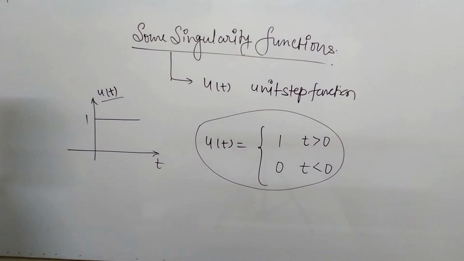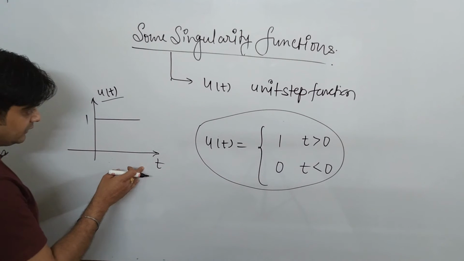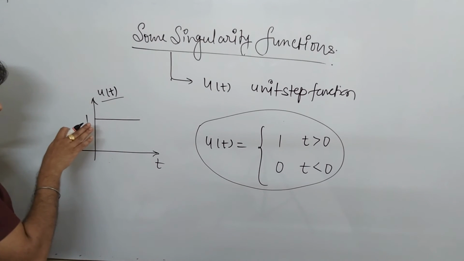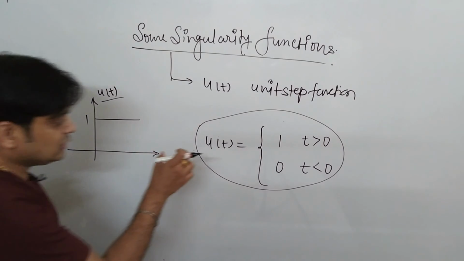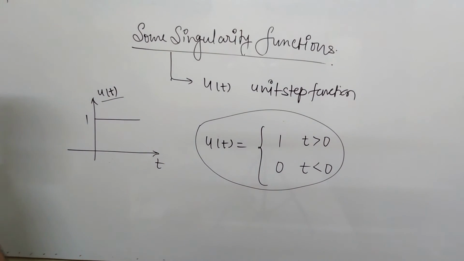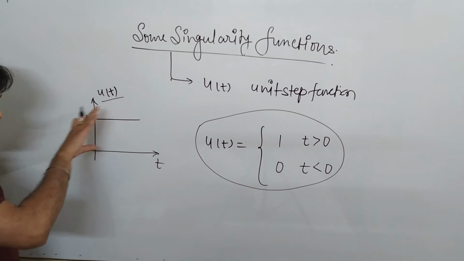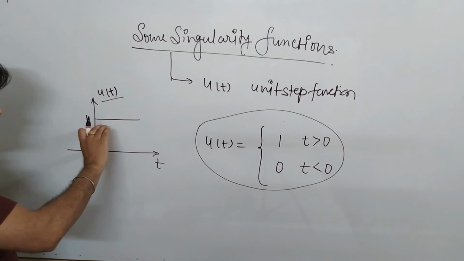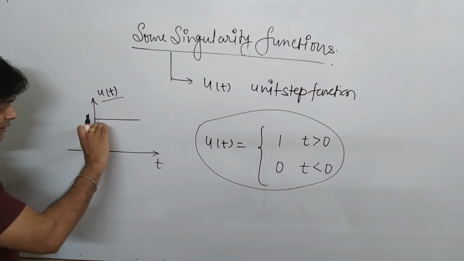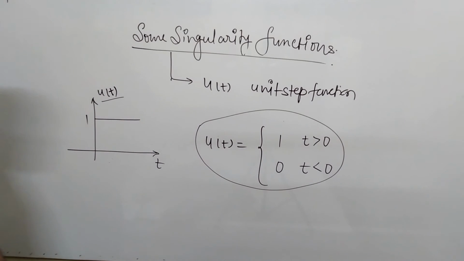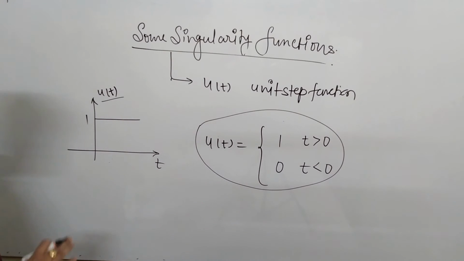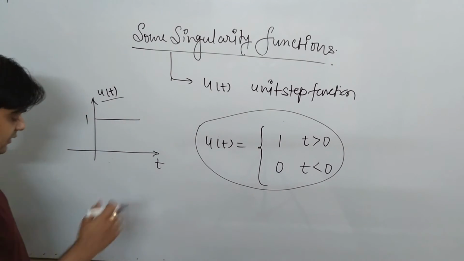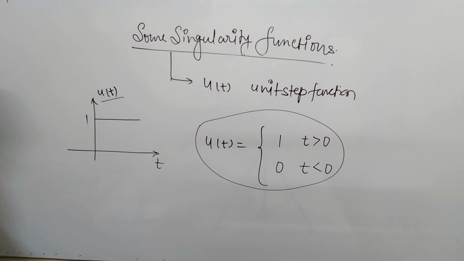Now one thing which is very clear is that once you go to positive values of time, that is the actual condition of time, the unit step function plays a very important role. Why? Because this value goes positive. This behavior is similar to a DC voltage applied across a circuit, and that's why the unit step function is widely used. So just understand the behavior, we will see how it is applicable.